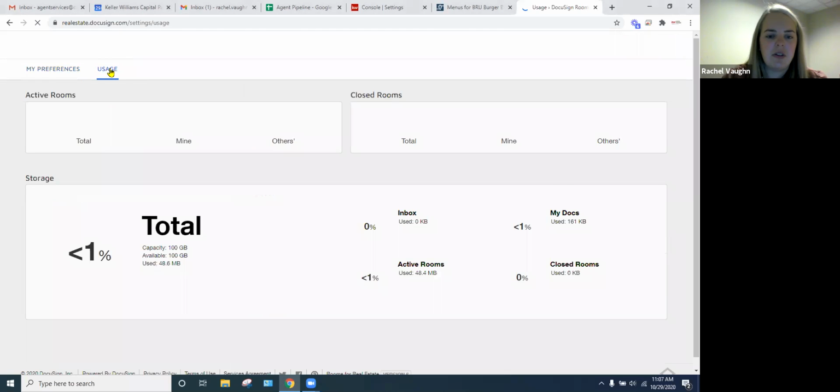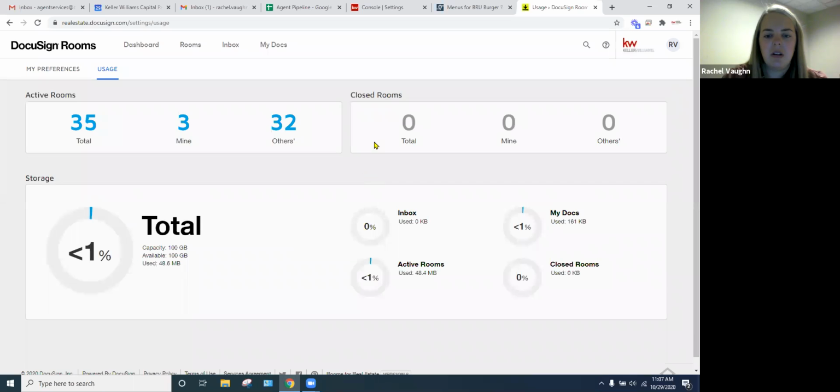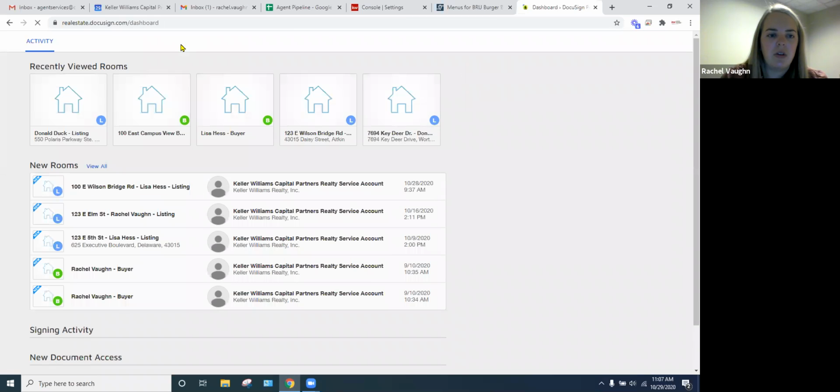And there is a usage tab. This lets you kind of know these are your metrics for your room or your reports, like you would see in Doctor and Command. So that's just nice to have and see. So we're going to go over into